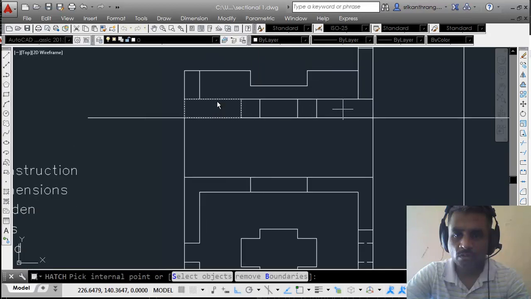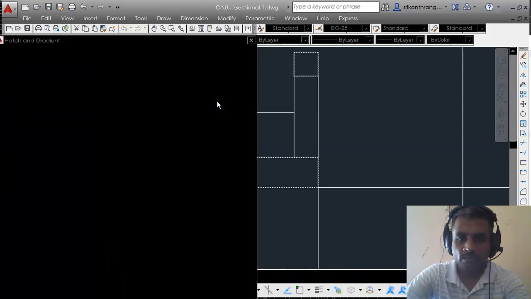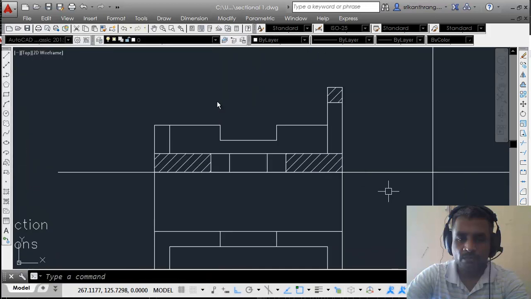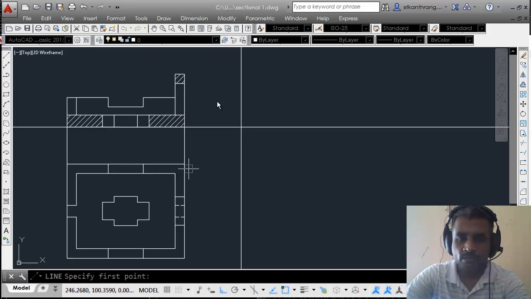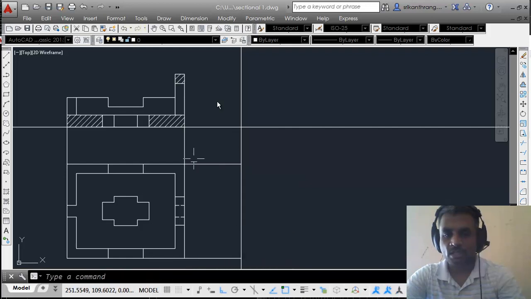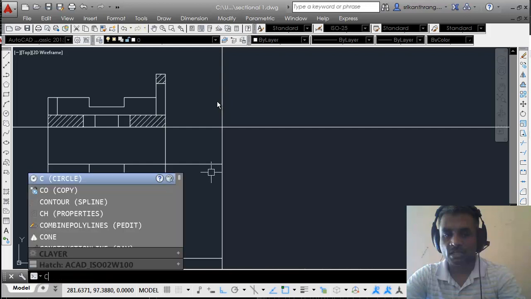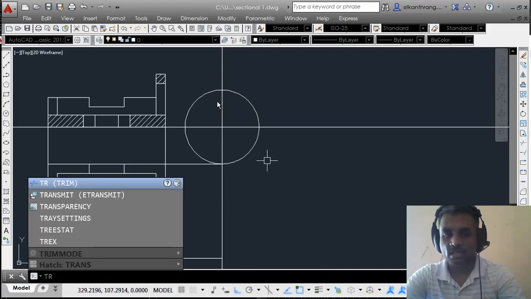In order to get the side view, I'll be using projection lines from the top view and front view to complete the side view. So after taking these 2 lines, I have to draw a circle with the intersection at the XY line and X1, Y1 line. Then I'll trim off the circle in quadrants where I don't need them, and I'll take an offset of this through this point, and you can see that this length over here has been transferred over here to the side view, and then I can start creating the side view.